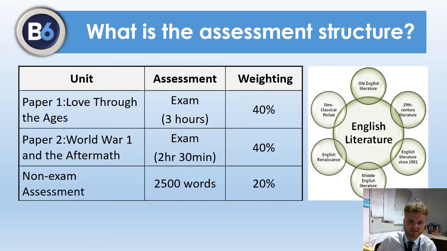So as you can see on this slide here, there's a little bit more information about the exams and how long they are, and the weightings, and how much you would need to write for your coursework element, which is 2,500 words. But actually, when you are comparing two texts, 2,500 words is not a lot, and in my prior experience, it sounds quite a lot, but students always want more to go over the 2,500 words. So it's about getting that down to 2,500.